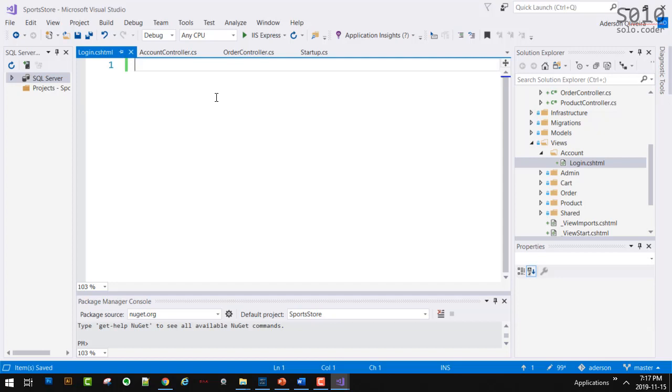But when it comes to HTML, those two inputs have to be inside of what? A form. Because you're going to click a button, submit that information, and then validate that username and password, okay?